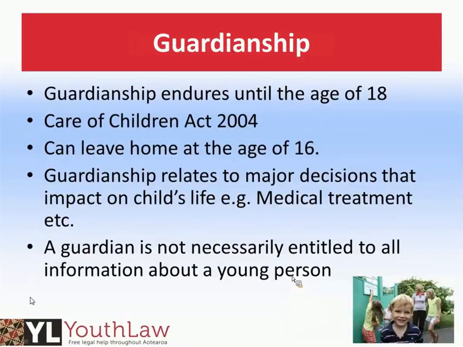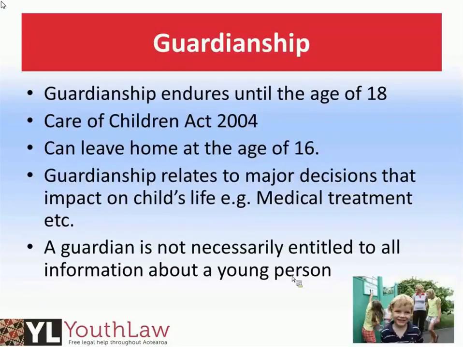So just a bit of a general overview about guardianship. I talked a little bit about this in our first webinar, but it's just going to become relevant when we talk a little bit later in the webinar about the right to privacy and parents' rights to information over children, and how they can access that information if someone else besides the young person holds information and they want to access it. So guardianship endures until the age of 18. Guardians are, sort of default, mum and dad, birth mum and birth dad, and they're given the rights as guardians in terms of access to information and major decisions to a certain point, which we'll talk about a little bit later in the webinar.